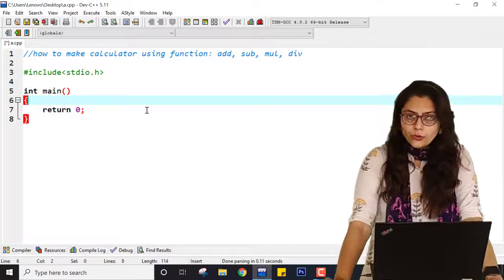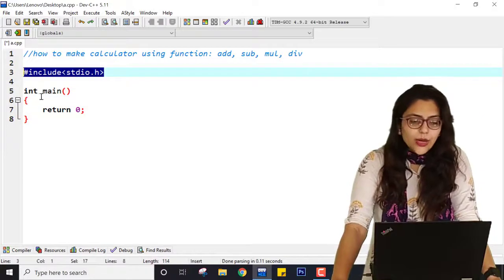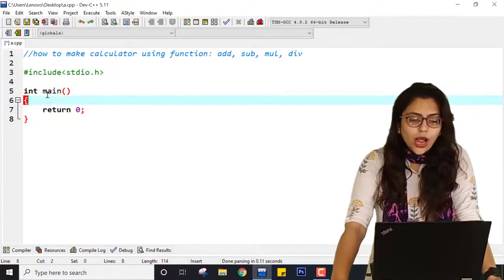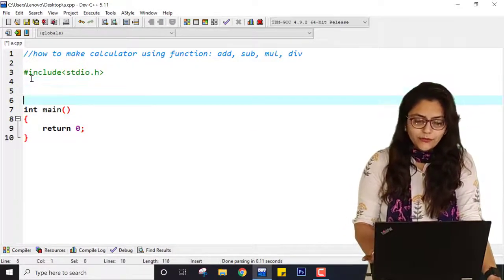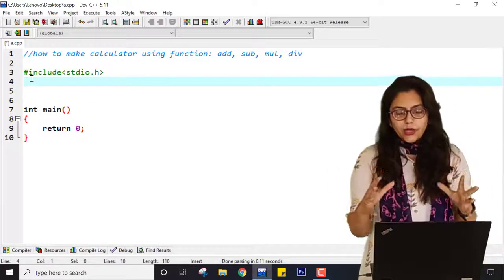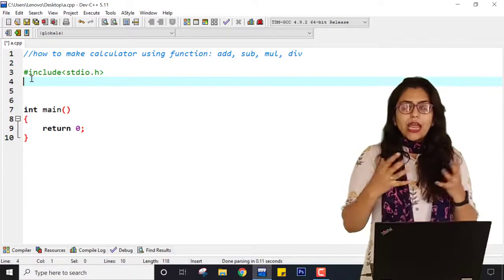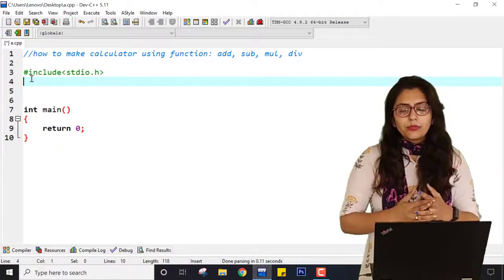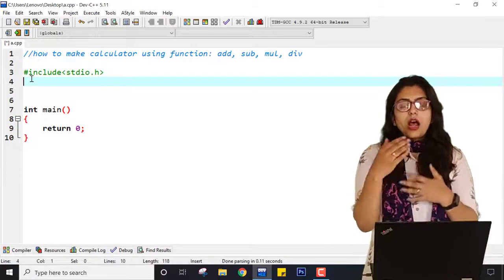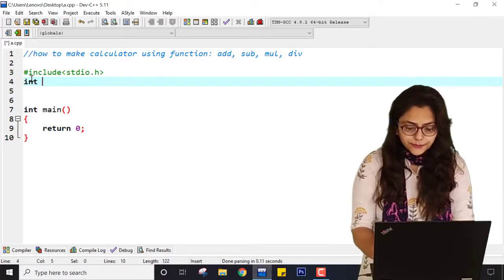Now, as I have told you, before using printf you have to include this library. Similarly, before using any function, you have to define the function before using it. Whenever you are adding two numbers, what kind of output are you expecting? If I am adding two integer numbers, I want the output to be an integer as well. That's why I have written int.